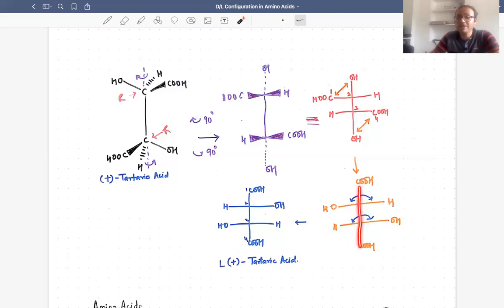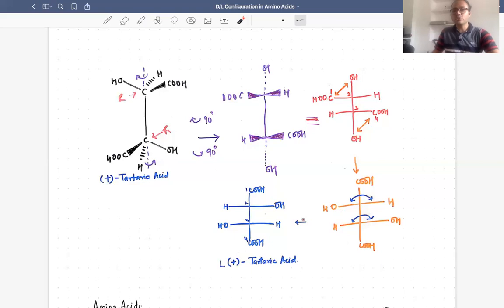But you should remember, if you do only one exchange of groups at the chiral center, you will always get the opposite isomer. So that means this isomer is having the chiral center as S. This is also having the chiral center as S. That is not what we need, because our original isomer is R and R, which you can easily understand from here. So 1, 2, and 3, it looks clockwise. But since our lowest priority is on the horizontal bond, whatever configuration you are getting, it's the opposite, that is S. So that's why both configurations are S.